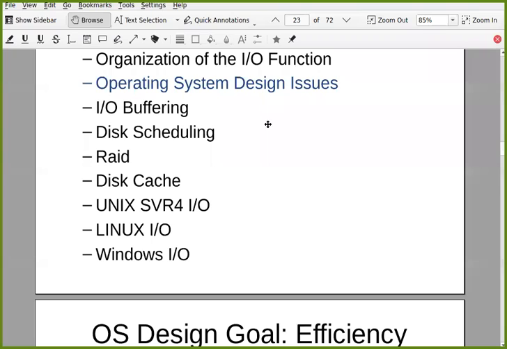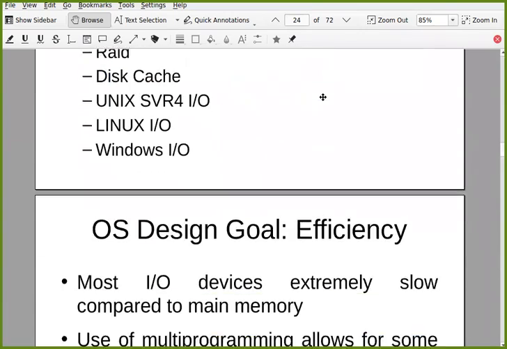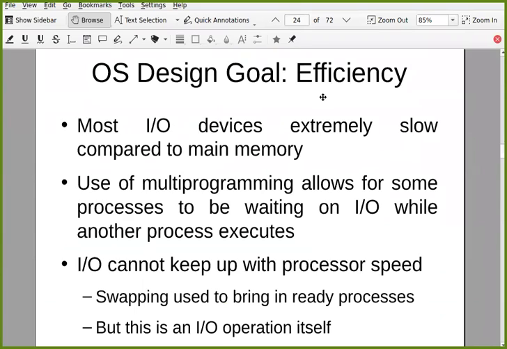We are more interested in this part, operating system design issues related to IO. One goal of OS design is to get efficient performance. When we talk about IO, most IO devices are extremely slow compared to the main memory or processor, because the speed of main memory and the processor is far higher than the IO device's speed.